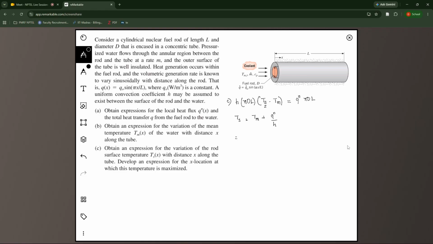So if I substitute that back, I have Tmi plus, plus we have one more term because of this h, which is,